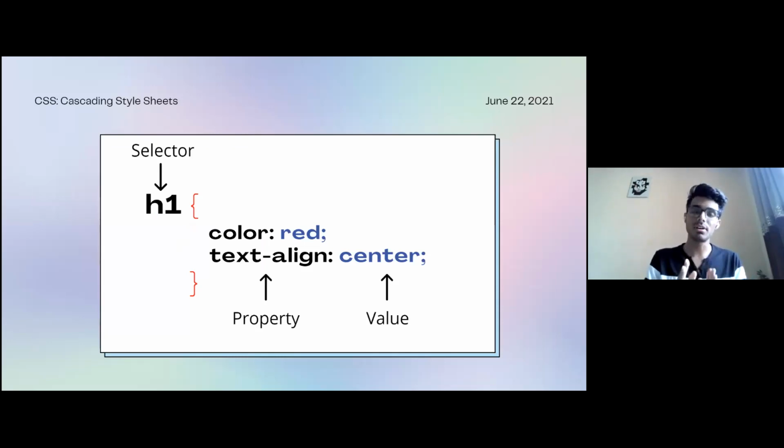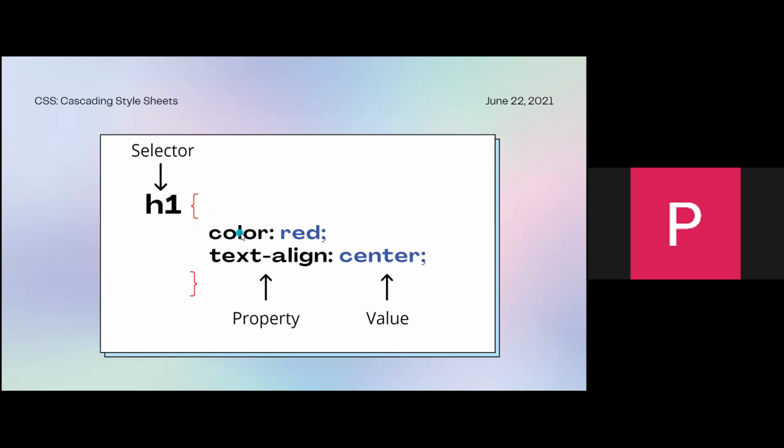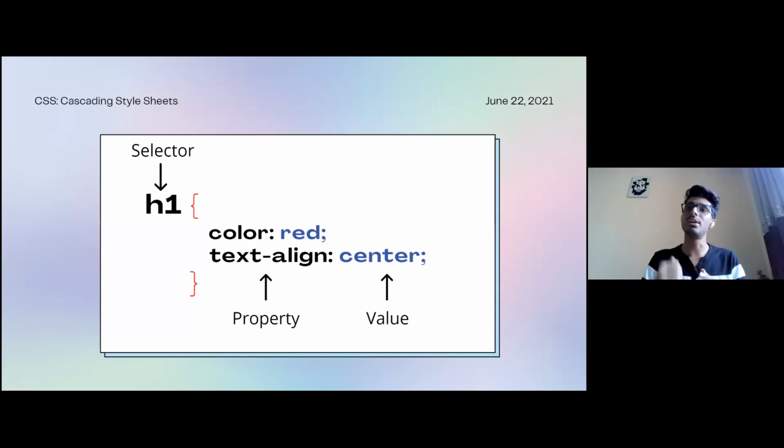Whatever style properties we add inside the curly braces with the selector as star, that is asterisk, whatever property-value pairs we add inside this selector, get applied to all the elements. That is, all the elements will follow that particular pattern first. That is the default value of the web page.